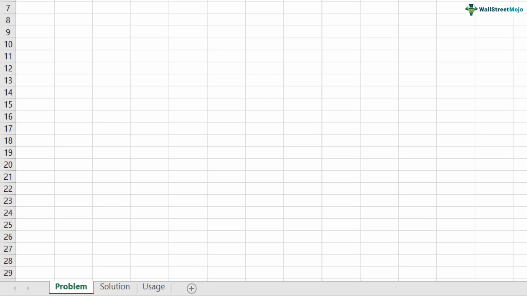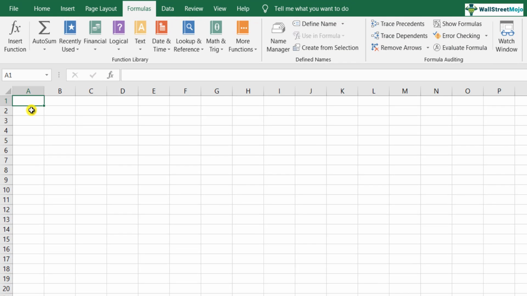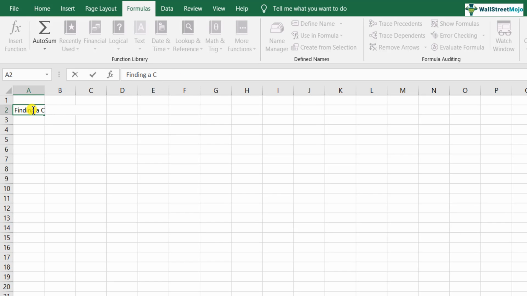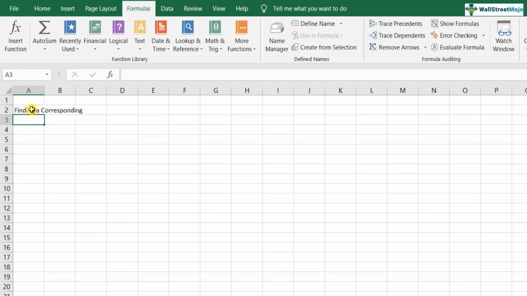So what is the problem that arises, such that you have to use lookup as a function? The first problem is that of the VLOOKUP itself, finding a corresponding item that you need from your unique item. If you have, for example, some employee code, you just need to find out what department the employee is in.